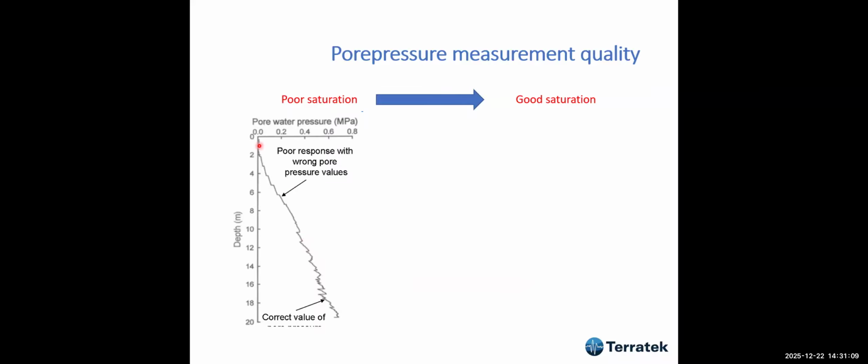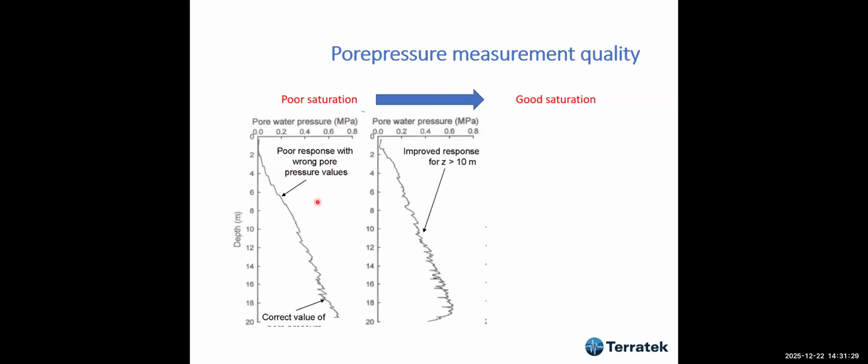And usually what we have is a poor response until a certain level, and then when the pressure increases a lot, you get much better results. This didn't occur in offshore work, because offshore you always have a very high water pressure. Okay, so you don't have this. This is an inland application, and has been very common. If the saturation was not so bad at a certain level, like this case, about 10 meters, then you're going to have quick variation of pore pressure like this, and then you can tell that these pore pressures are correct.